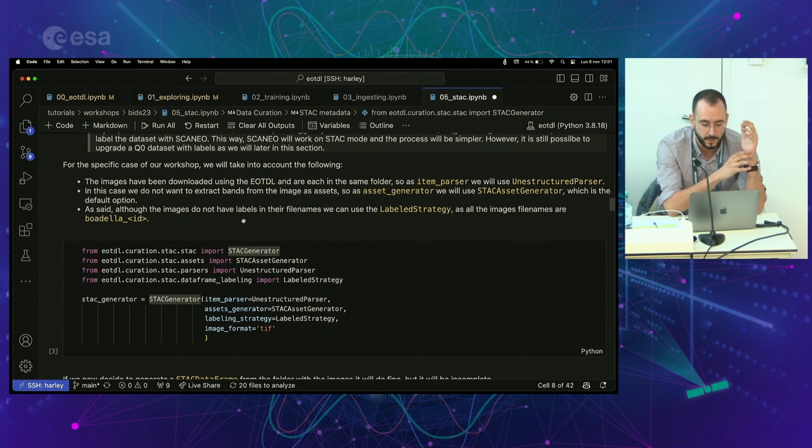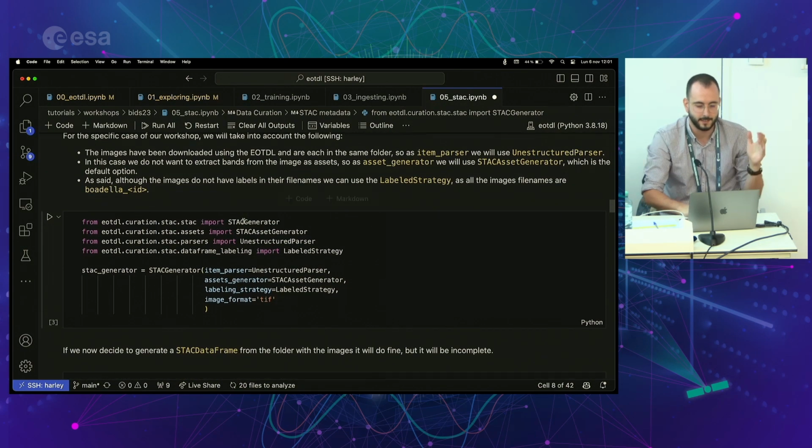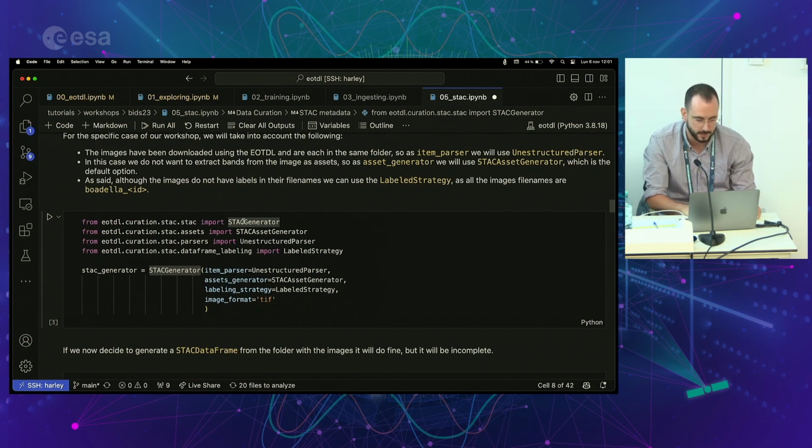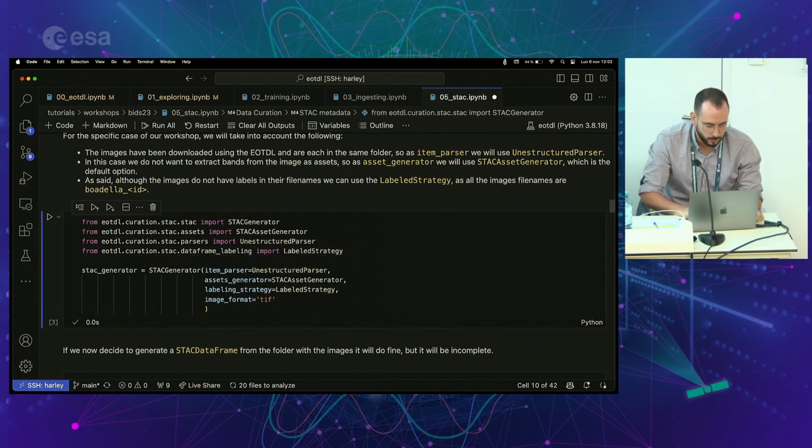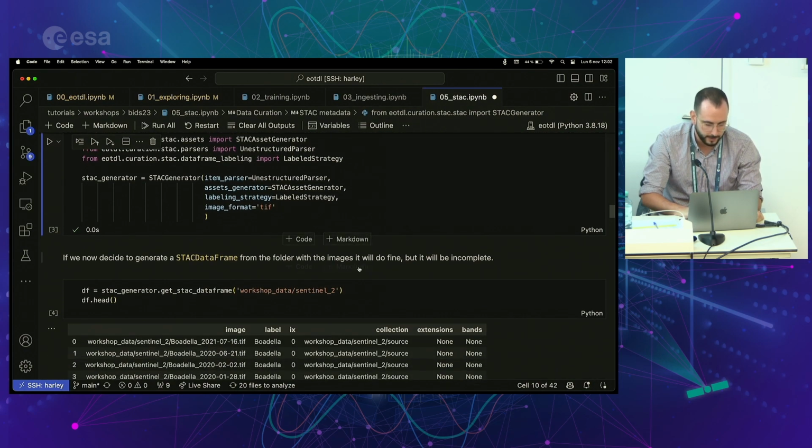So knowing this, we have prepared this for you. And we have already selected which are the preferred parameters for this use case. So then we don't have to worry about anything. So if we run this